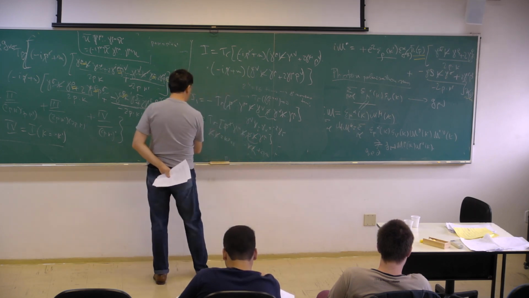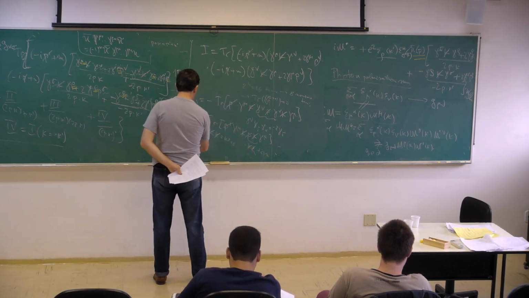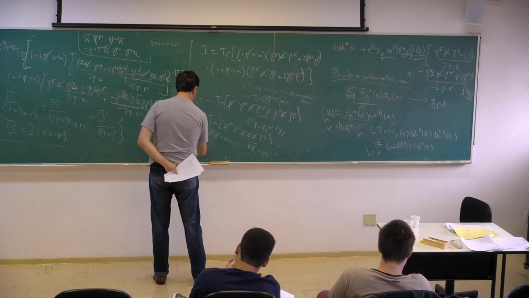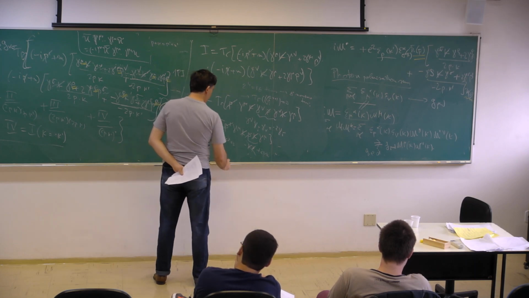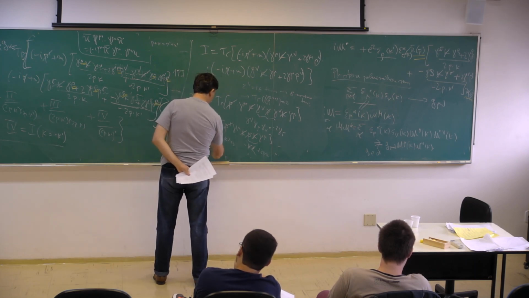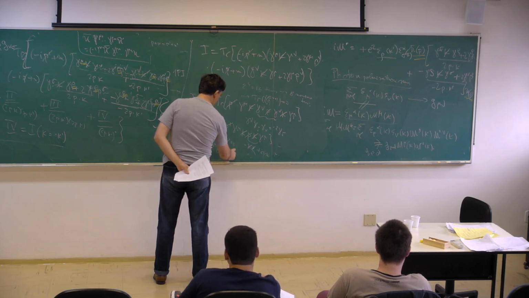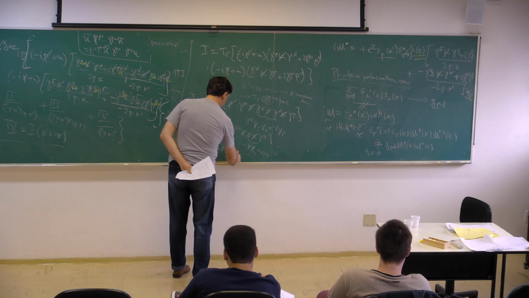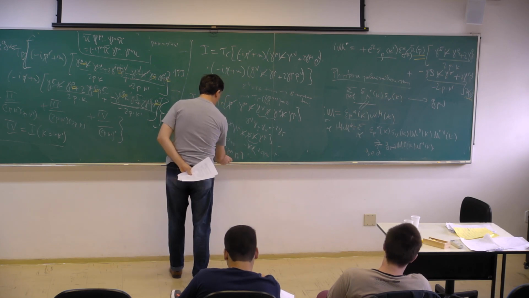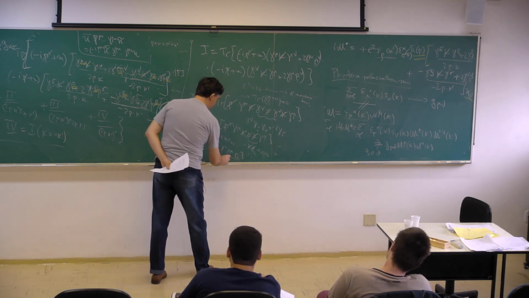And so I get 2 times 2pk trace p prime slash gamma mu, but this is equal to just 4,